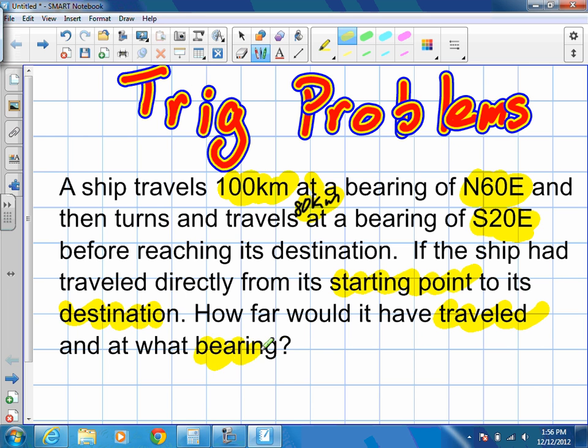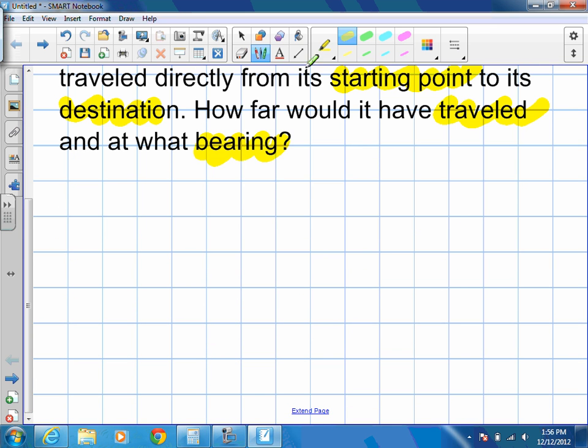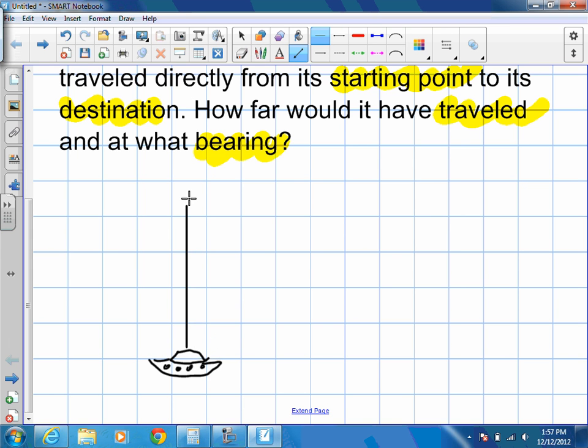what bearing? Okay, so they're asking us two questions here. So we're going to actually have to set this up. So we're going to go down. We're going to assume this is, well, it's obviously a spaceship they're talking about, right? It's my spaceship. I like it. Spaceship. Okay, so we have our spaceship here. Just as a reference point,